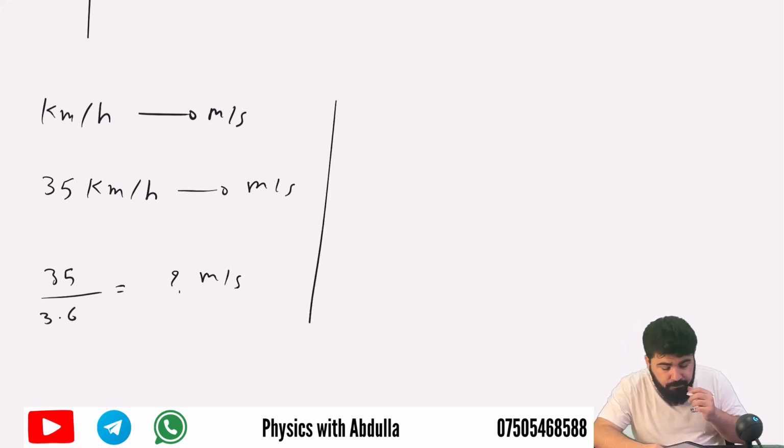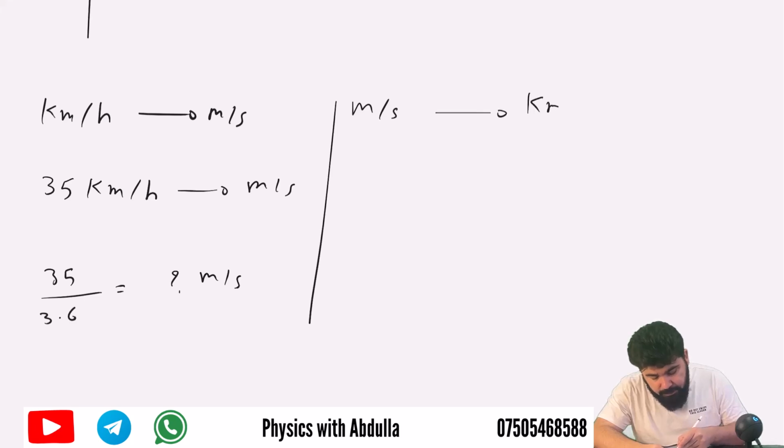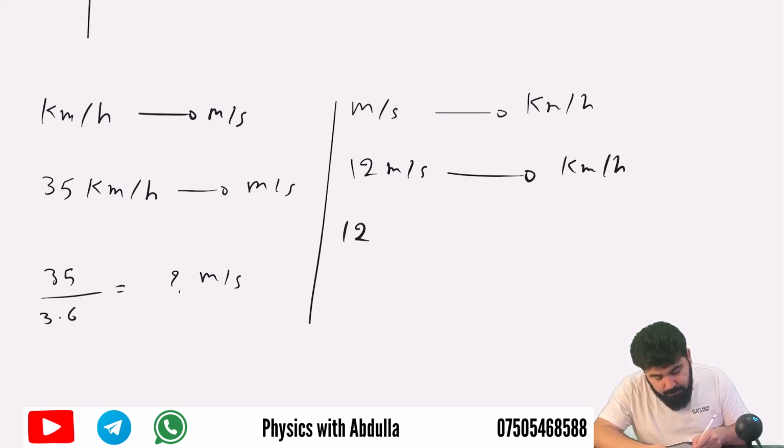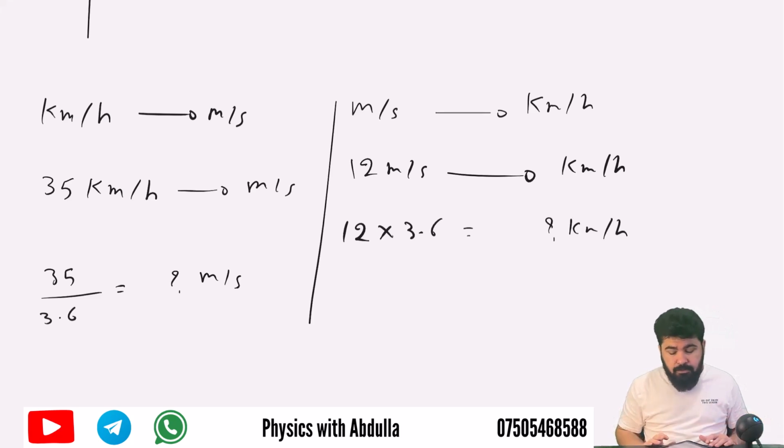If you have meter per second this time, you are changing it to kilometer per hour. Just multiply the number by 3.6. Let's say you have 12 meter per second, and then you are changing that to kilometer per hour. Just multiply 12 by 3.6. Okay, and you're gonna get the result in kilometer per hour. Okay, that is how you change meter per second to kilometer per hour, and kilometer per hour to meter per